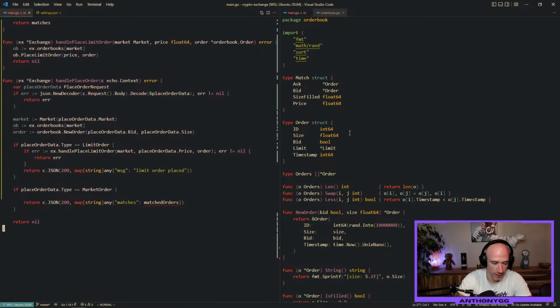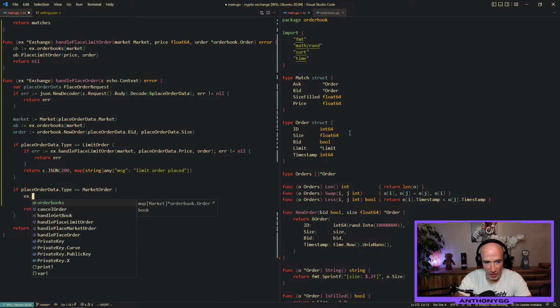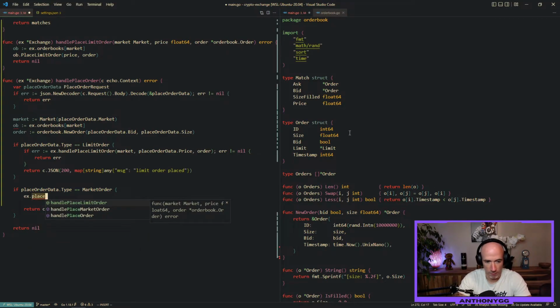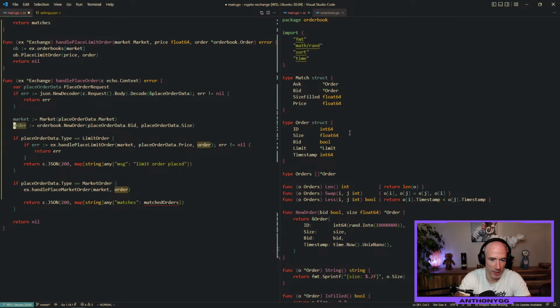And then we can say that the exchange handle place market order, market and the order. So we don't need the OB. Wait, and then we need to